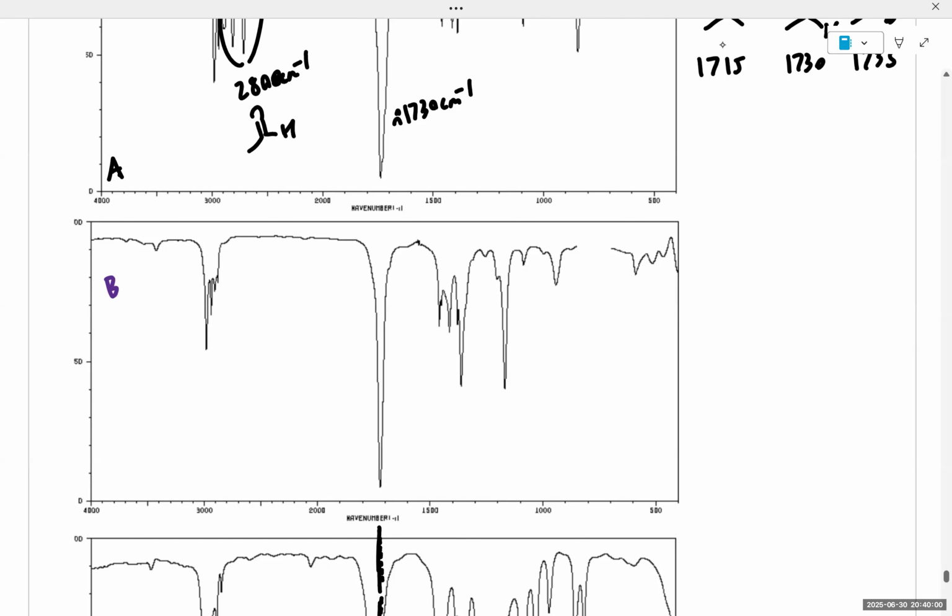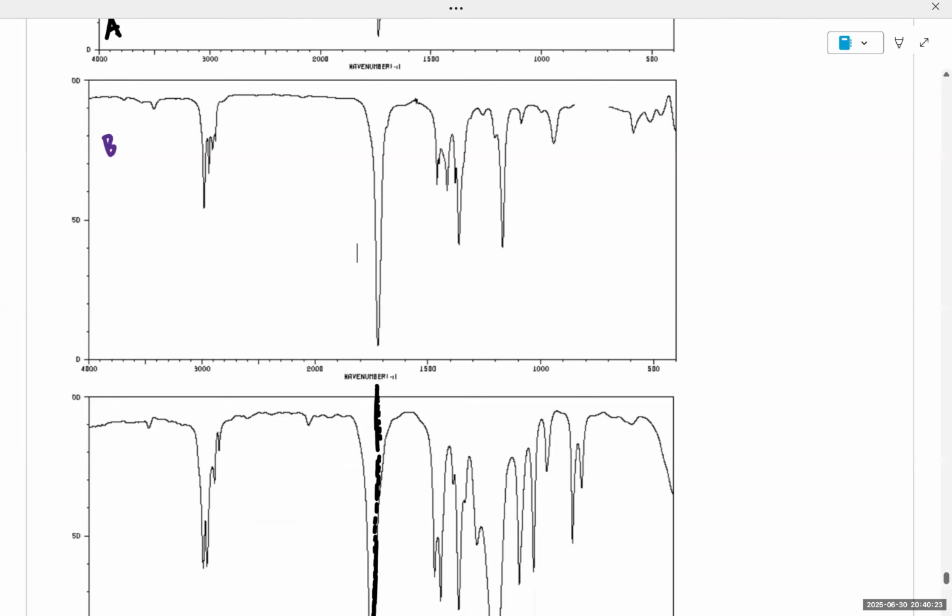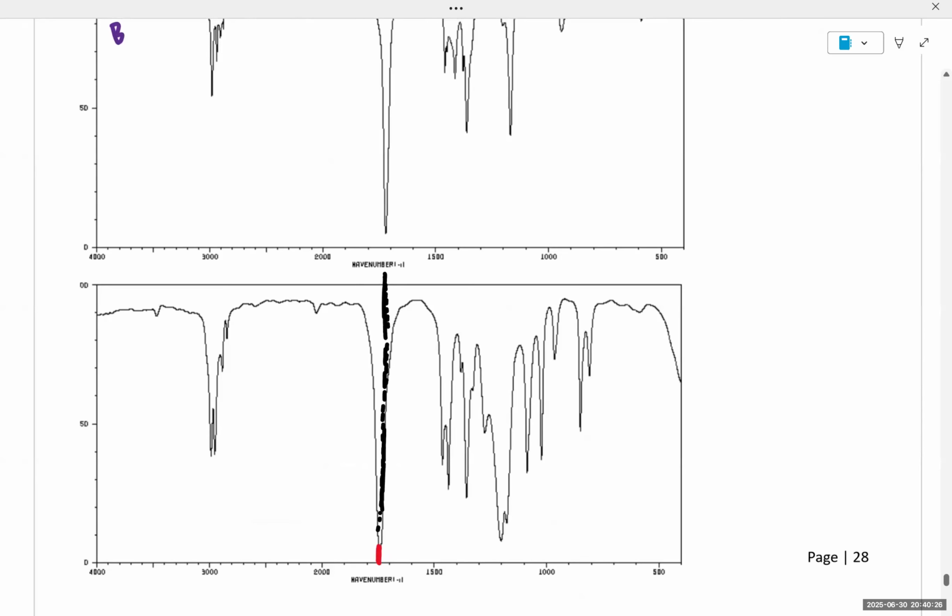And just as we can see, of the remaining spectra, one corresponds to the ketone and the other corresponds to the ester. So we're essentially looking for whatever peak has the largest wave number value, and that's likely going to be the ester. So in this case, looking at this last spectra here,